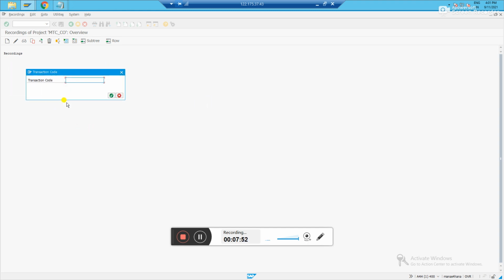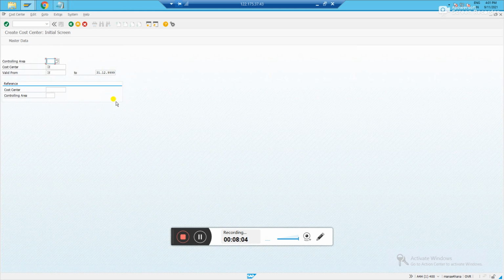What is the transaction code needed to create a cost center master record in the SAP system? Normally everybody knows it. It's KS01. You just type it. Click on OK. See, this is the screen where you will normally create a controlling cost center under a controlling area. So you just select your controlling area.